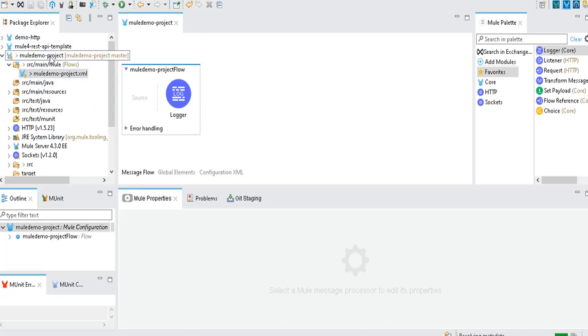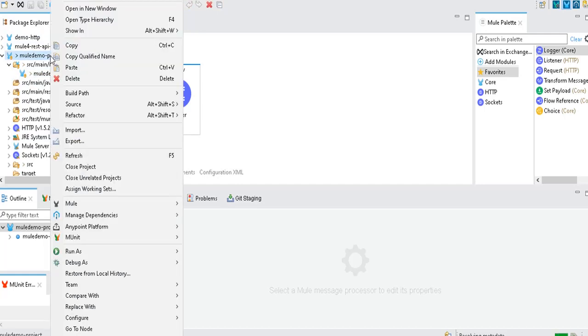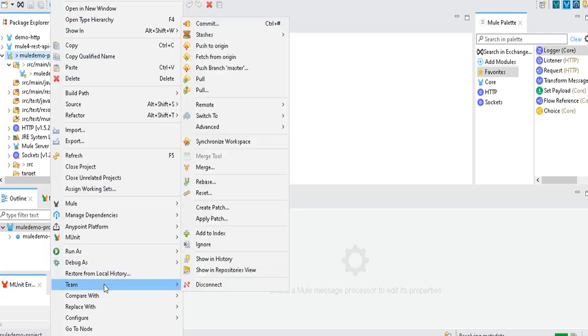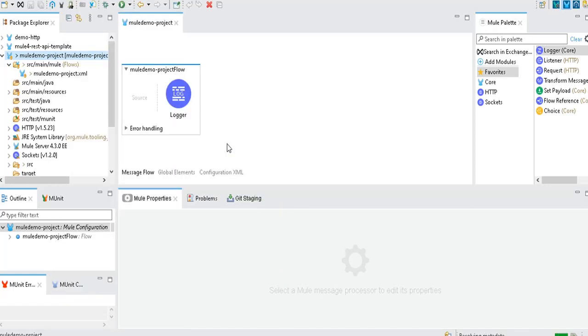So now let us commit the code, but before that let's compare this with the existing code. To do that, you need to right click here, and you will see one option like synchronize workspace. Click on this. It will show you which files are edited, what the existing code is and what the updated code is, so you can compare it here. If you are satisfied with the changes, then you can commit, otherwise you can ignore them.